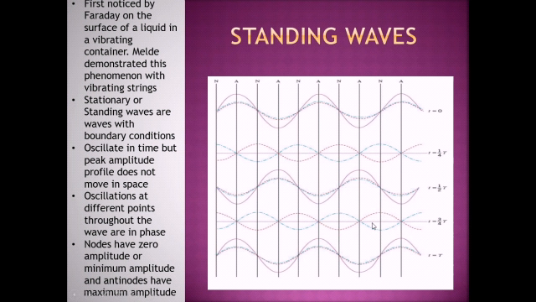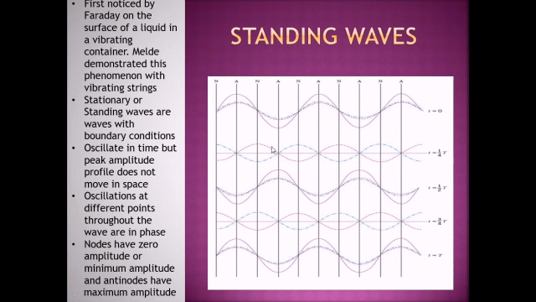Case number 4, when t is equal to 3 by 4 T, waves are out of phase again and destructive interference takes place. And last case is again when t is equal to capital T, again in phase, so constructive interference will take place. It can be noted that separation between adjacent nodes here or anywhere along these 5 cases,